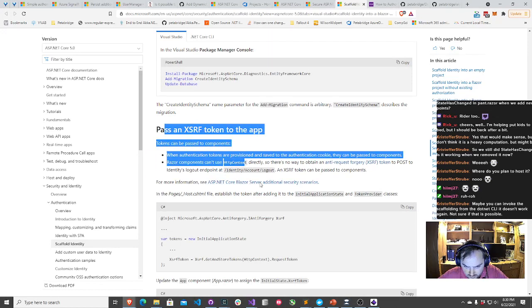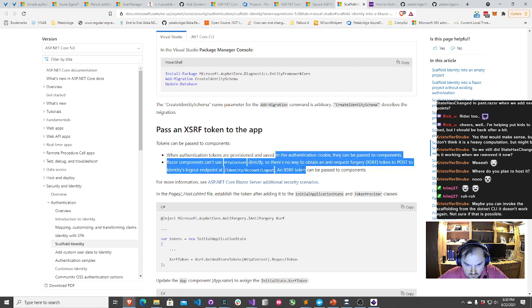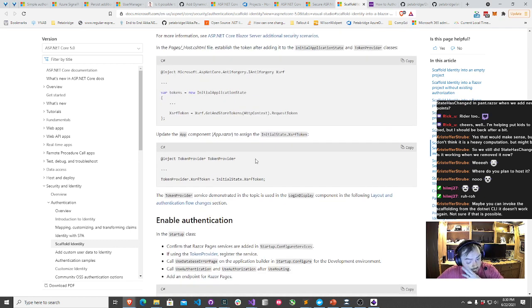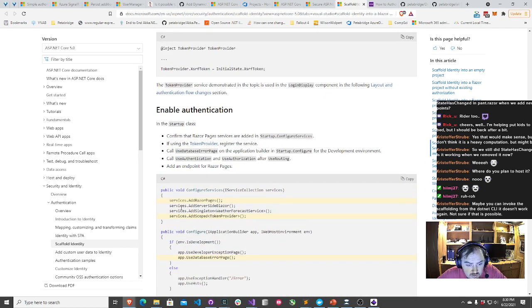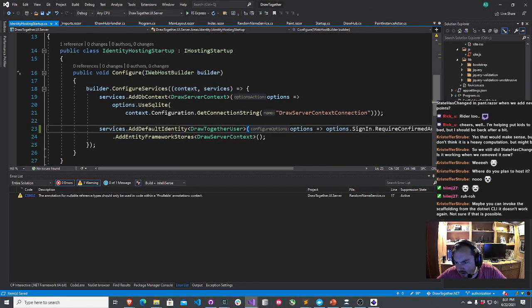Pass an XSRF token to the app. Let's see. The identity is logout endpoint. Okay, that's fine. Enable authentication. Add Razor pages. This is kind of what I wanted to see here. All right. So let me go ahead and add this token provider for Blazor. So I'll go down to startup.